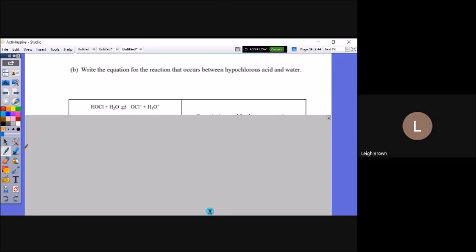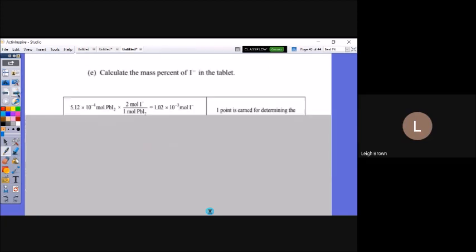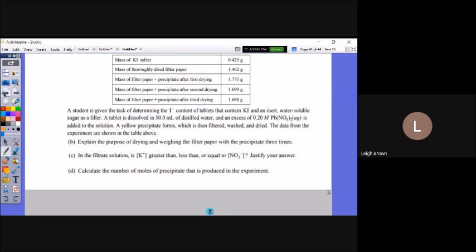There are a few more. The last free response I would highly recommend that students try is the KI. This would have been on your mock exam. I highly recommend you work on this. The teachers will have the answers to all of these. And let me see what time it is.